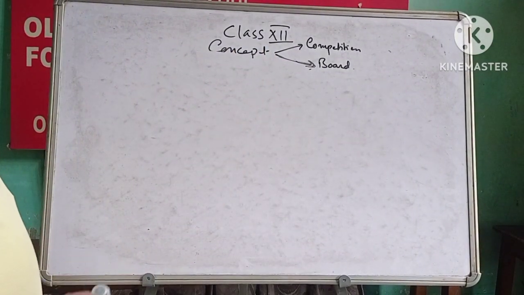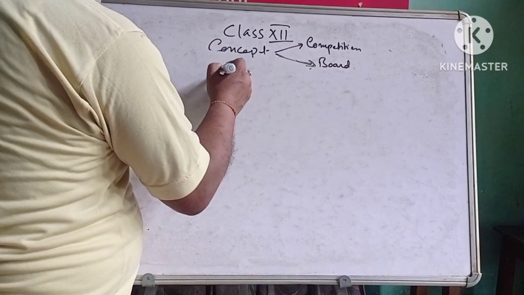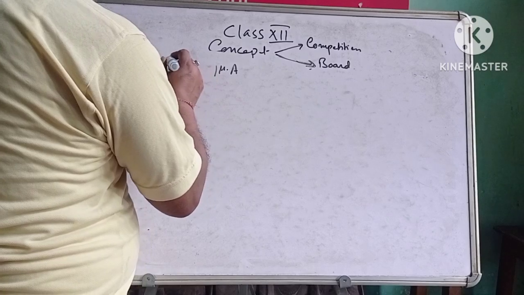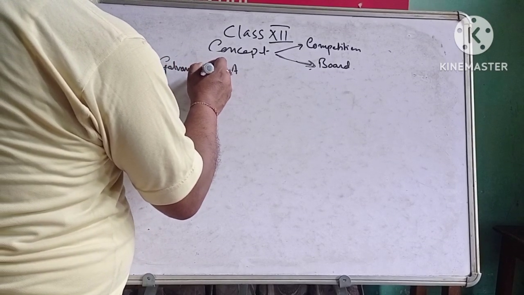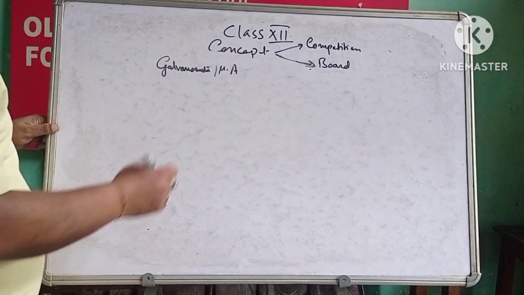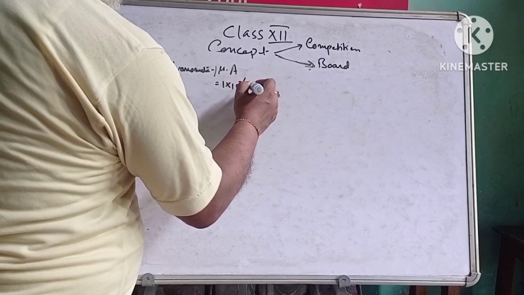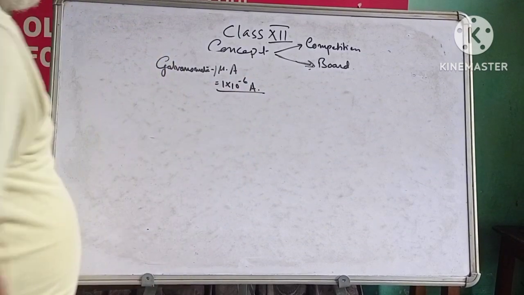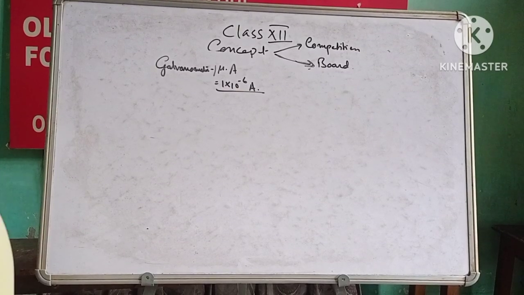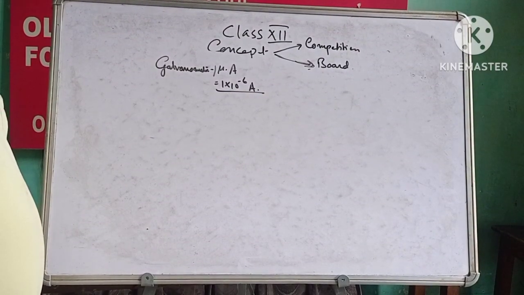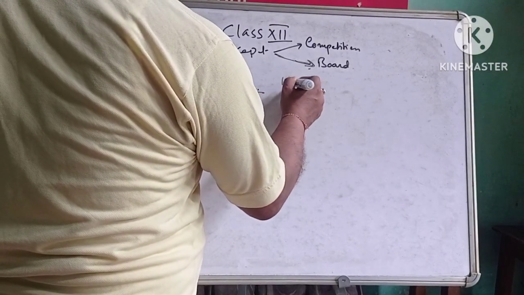Suppose a galvanometer can read 1 microampere. Full scale deflection will be 1 into 10 to the power of minus 6 ampere. So if you want to measure a current of 10 amperes,